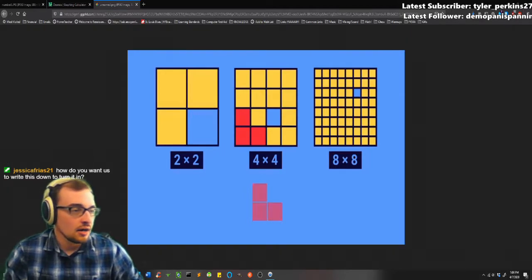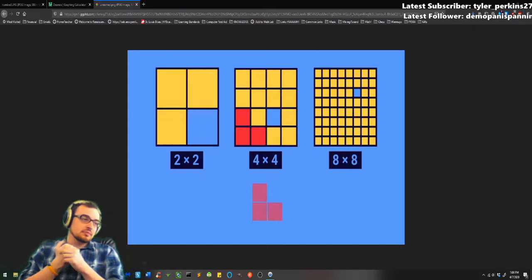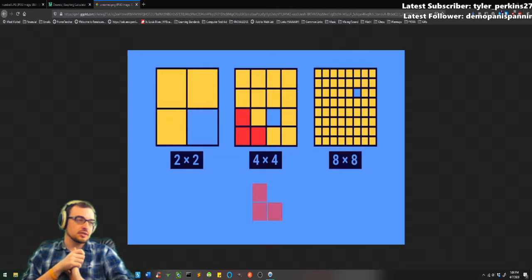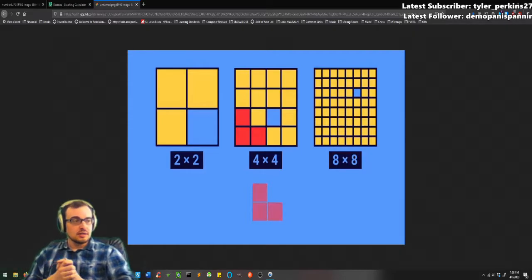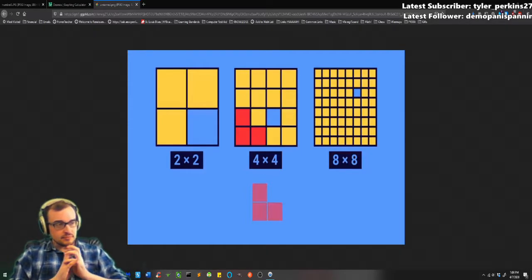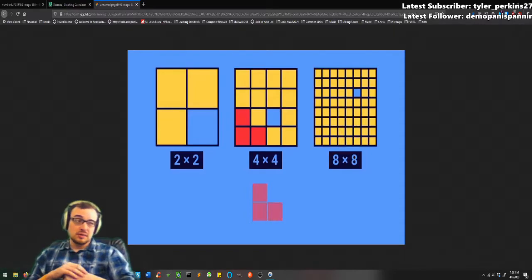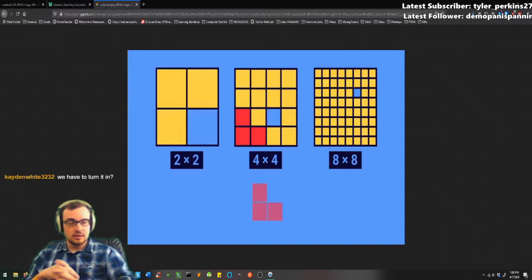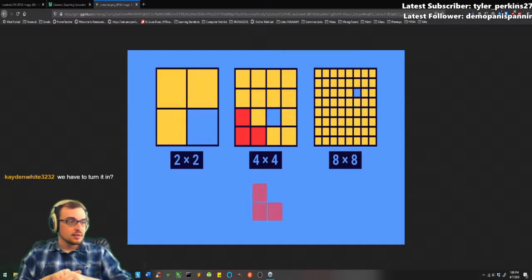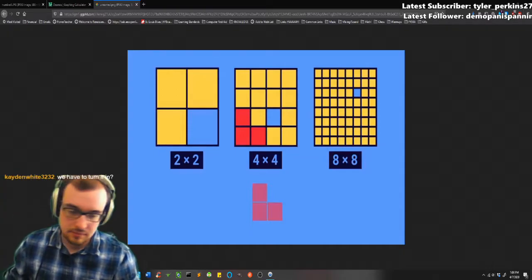Alrighty. One way to write this down and turn it in is to take a picture, obviously, and upload it to Google Classroom. That's one way to do it. You could also scan it. You could draw it in Paint on your computer if you don't want to take a picture, or whatever easy app that you have for drawing or writing. You can potentially do it in Microsoft Word or in Google Docs. Yes, so warm-ups do have to be turned in on Fridays, just like normal. Another way to do it